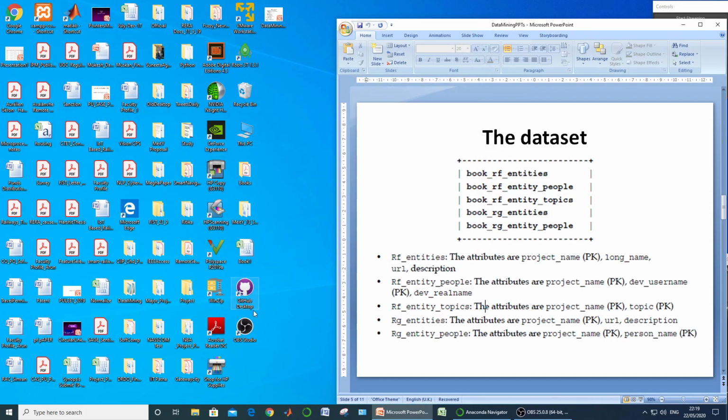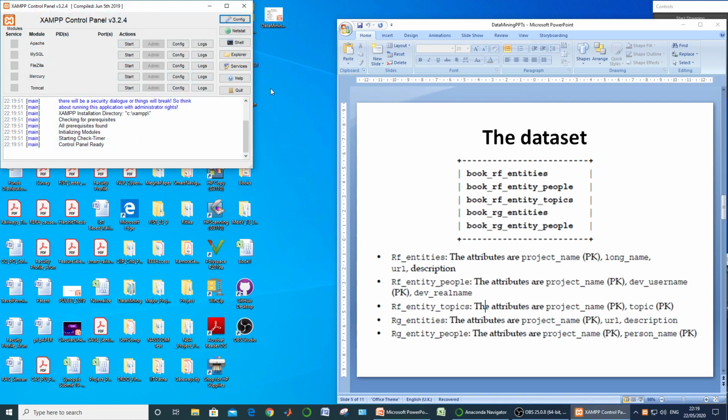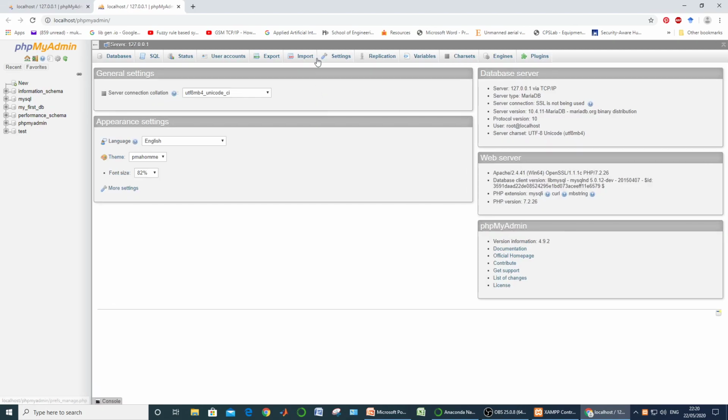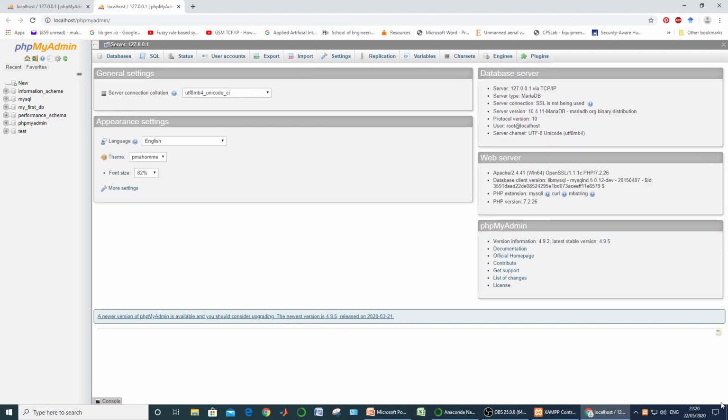Let us try to create, or you can say populate, the database. For creating database we need to go for start of our SQL server. Let us start it. So we started SQL server, and then let us look how many databases are already there and try to import the SQL file that was just explained earlier. So we have to create a new database.